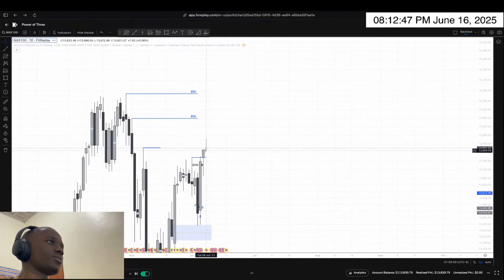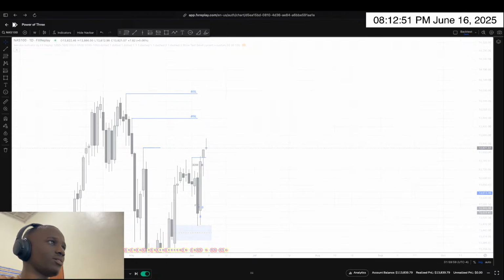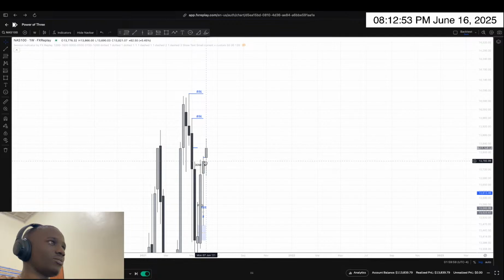So we would like to see an expansion on this day, still Tuesday. And as the week started, you can see that we dropped. Now we can expect an expansion to continue to the upside as the PO3 takes out buy side, reaches somewhere here, and then closes somewhere here, and then maybe the next week after this one will be the one to take out this buy side liquidity.